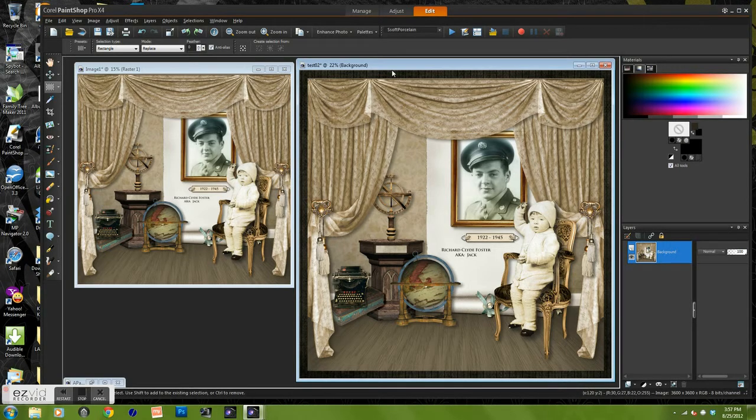And on the right, you'll see another page that I've created, and it's a little better, but we're going to make it even better. I do want to mention that you'll notice on this second page that I've got a border around the edge of the original layout. This is because I want to have this mounted on foam core when I'm done, and you can sometimes lose a little bit of the edges of your layouts when you do that, and because of the nature of this layout, I don't want to lose any of these edges, so I've added this border just in case. So I'm going to close this,